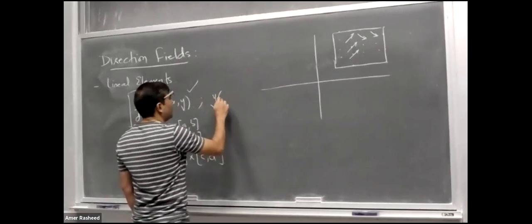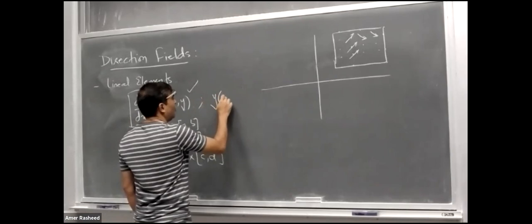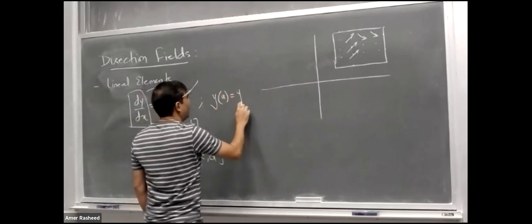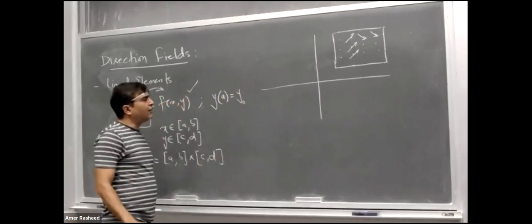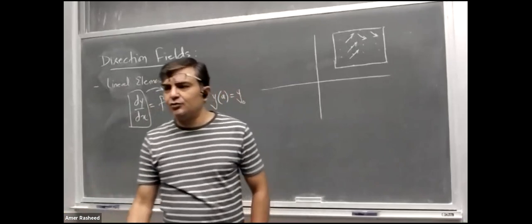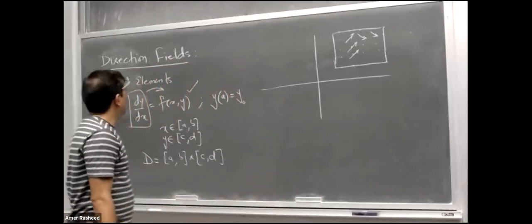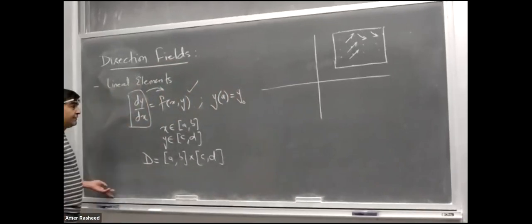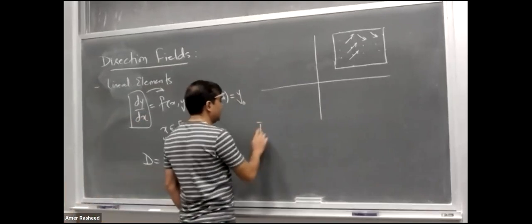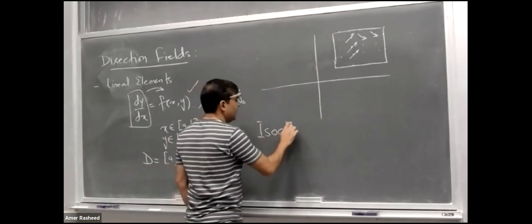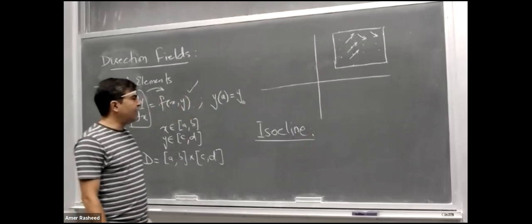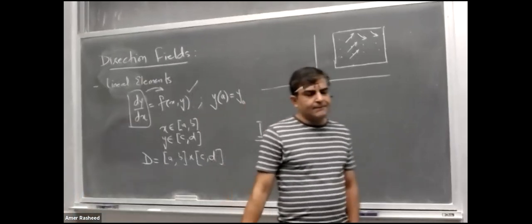For example, y at some initial value of x is equal to maybe some y naught. Okay, and the curve which passes through this point will be our particular solution. This was basically the story of direction fields. Now, another thing which I discussed is isocline. What is an isocline? Isocline is a